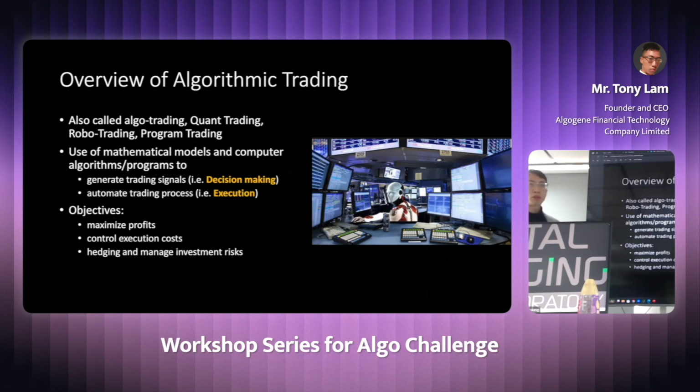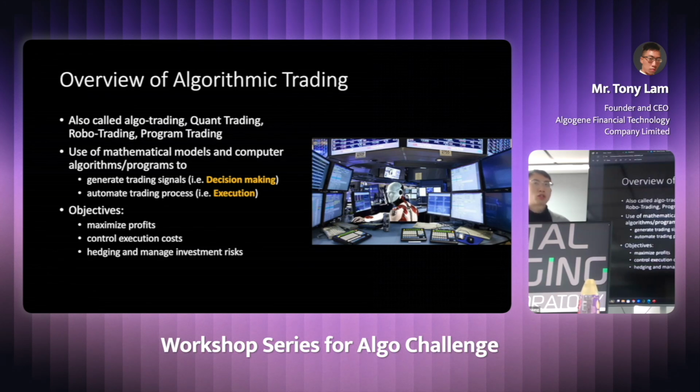So based on some mathematical model, for example, we can analyze the market data and then see whether there are some buy or sell signals. And the second part is about execution. So once you get the trading signals, the next thing is how you can connect to the market, like the Hong Kong Exchange or different brokerages, like through Interactive Brokers, to execute the trade. So the first part is more focused on the mathematical side, and the second part is more on the program side, how you can formulate your logic and write a trading program for the execution.